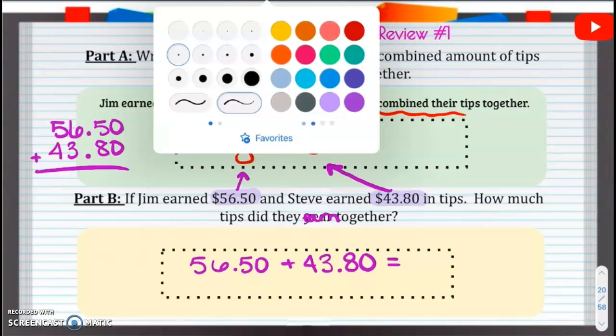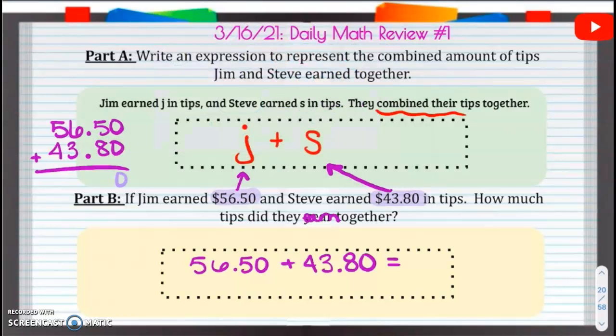0 plus 0 is 0. 8 plus 5, 8, 9, 10, 11, 12, 13. Drop that decimal, drop it like it's hot. 6, 7, 8, 9, 10. 5, 6, 7, 8, 9, 10. So if we add them up, we get